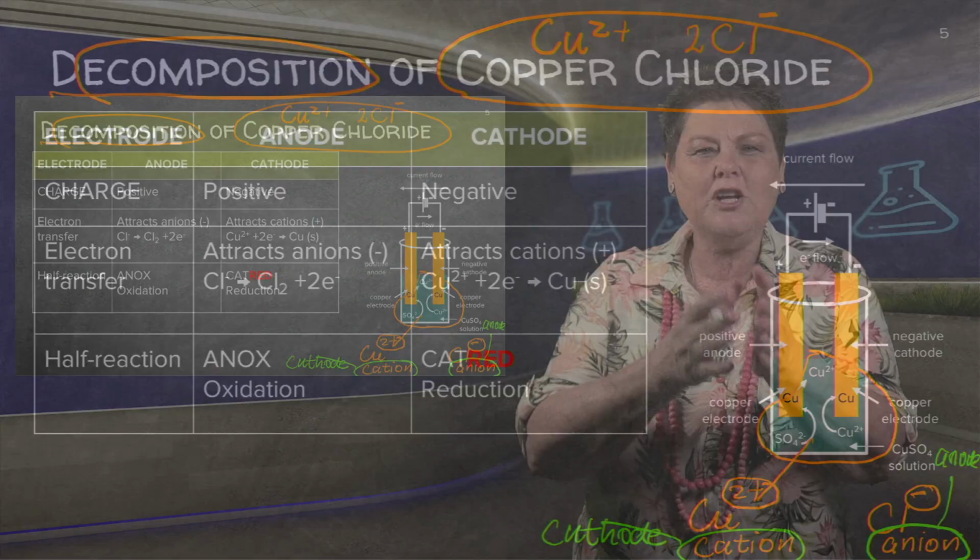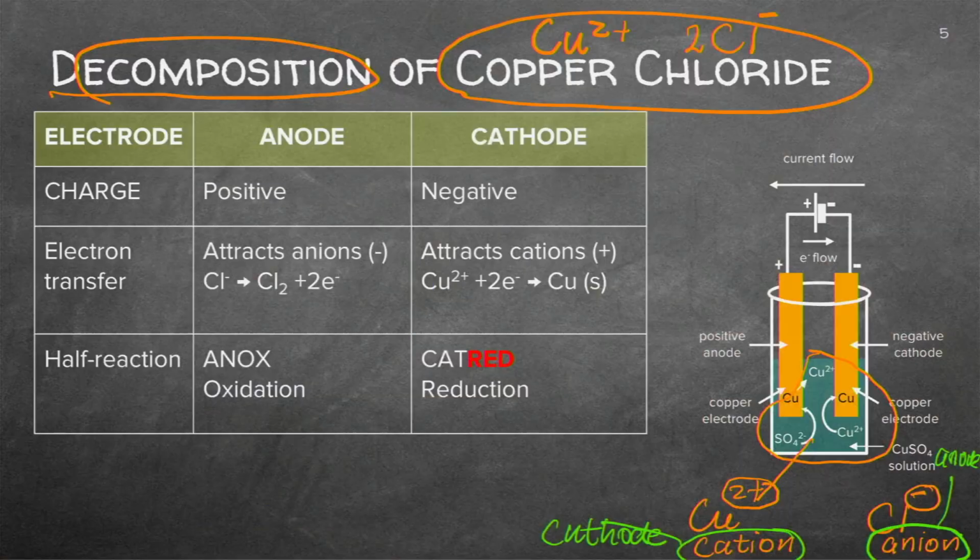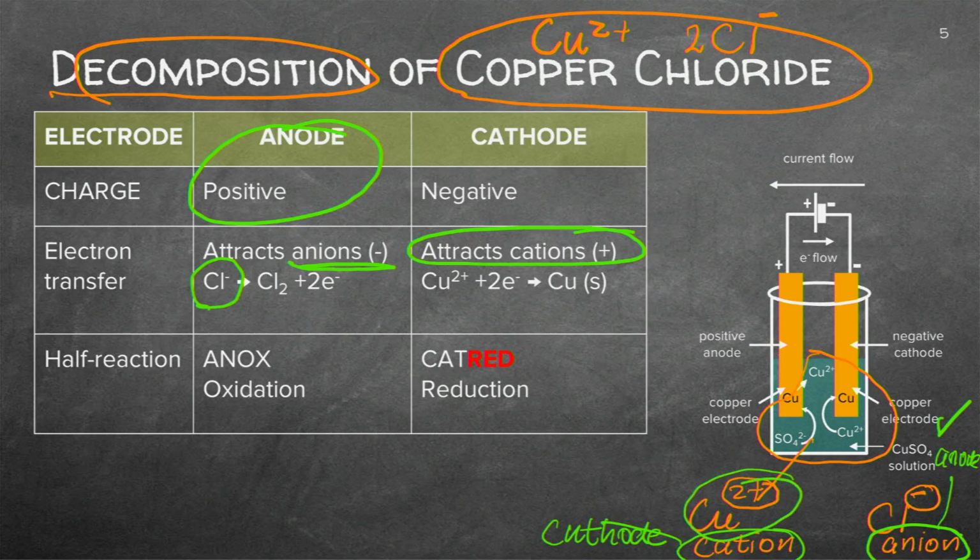That's actually the few deductions I make whilst I'm reading the question. Right, the anode we said is positive because it attracts the negative, and there you see it's the chloride. Can you see it's exactly what I said here? So I'm just summarizing it in a table. The cathode will attract the positive cations, and you know it's the copper. So remember, AN OX, the oxidation is the loss of electrons, whereas reduction is the gain of electrons.